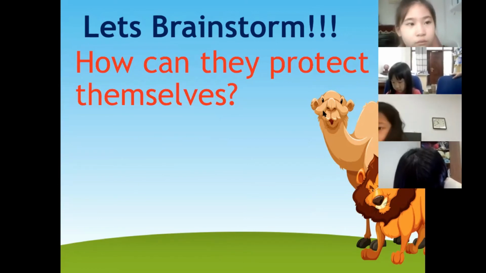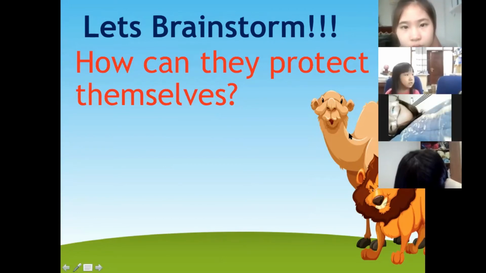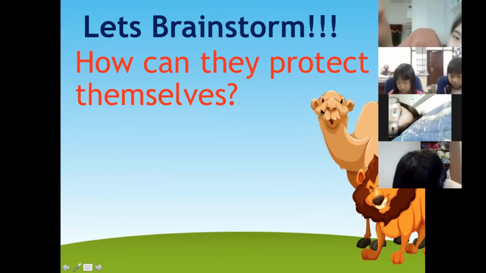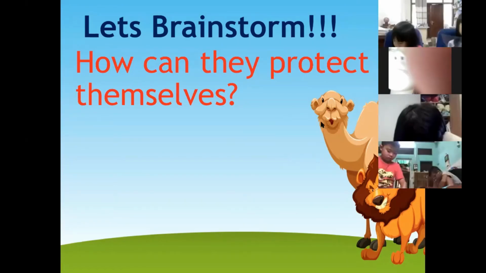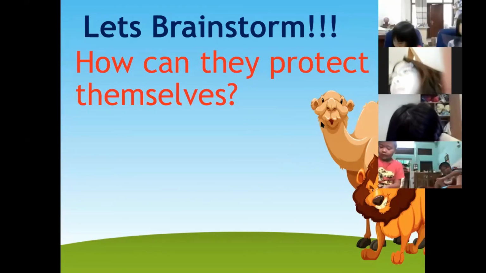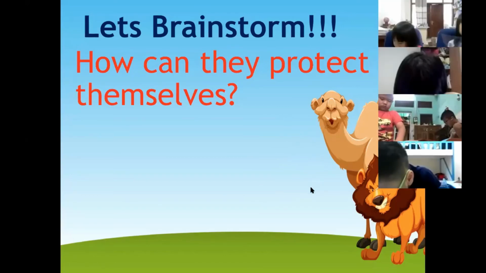What's another one, Katie? I don't know. That's okay. Kaki, go ahead. Change color. Good, they can change color. That goes back to camouflage. Anything else you can think of? How else might they protect themselves? What adaptation? Zoymin? Shelter? But what adaptation on their body might they have to protect themselves? Katie? Some have spikes. Yeah, excellent.